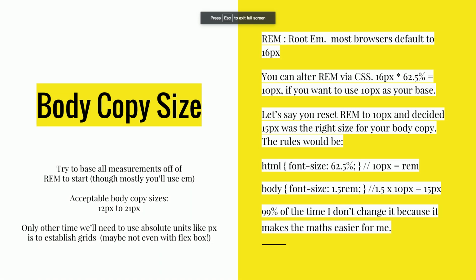But size is a control variable. 16 pixels is 16 pixels is 16 pixels. I need something that I can make an apples to apples comparison with. And size is perfect for it because it's the root of all of it, and it's uniform across everything. So that's why we're starting with size, and we're starting with body copy size instead of heading size, because